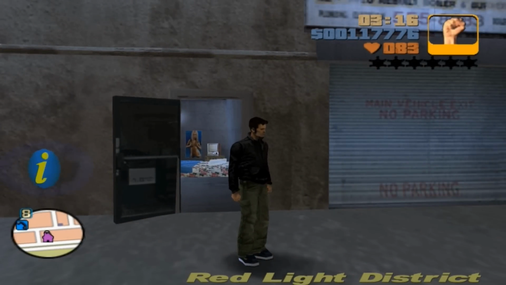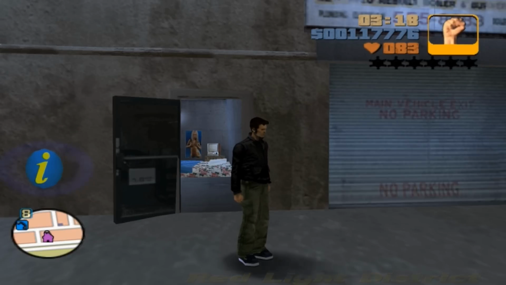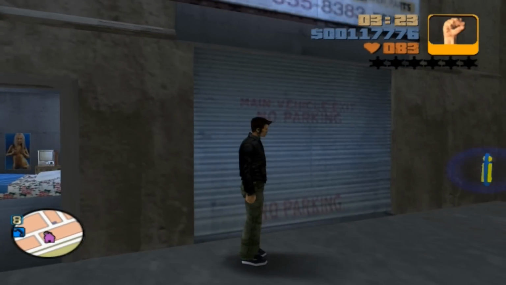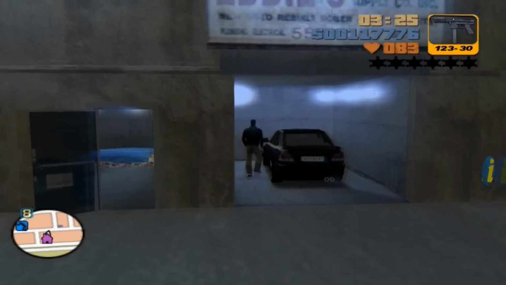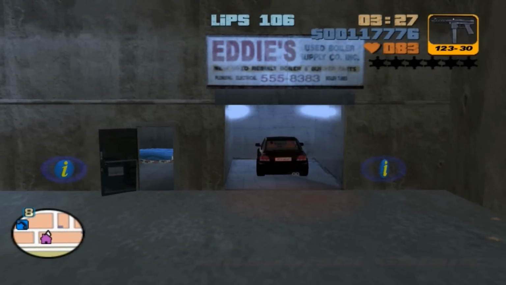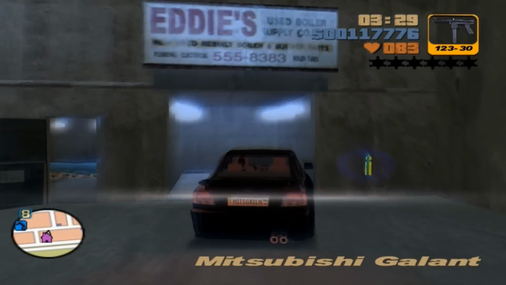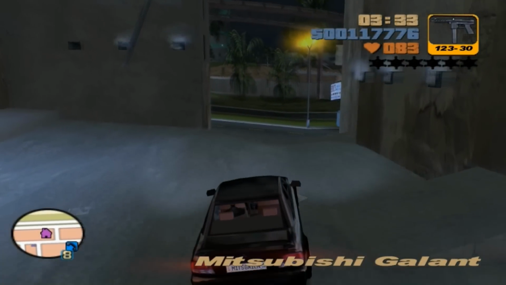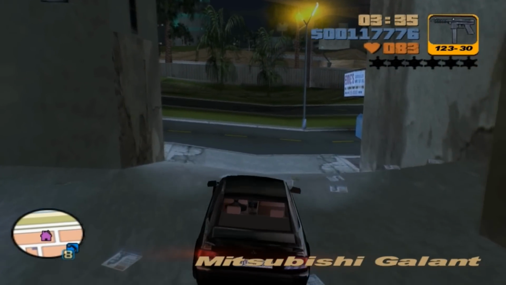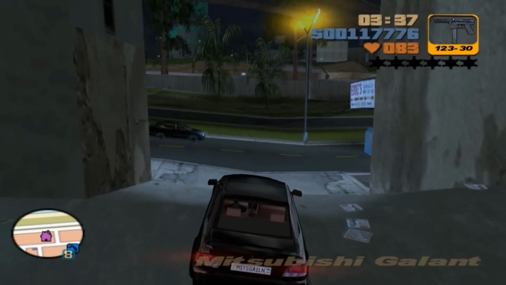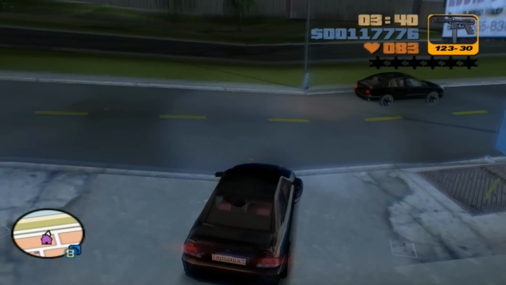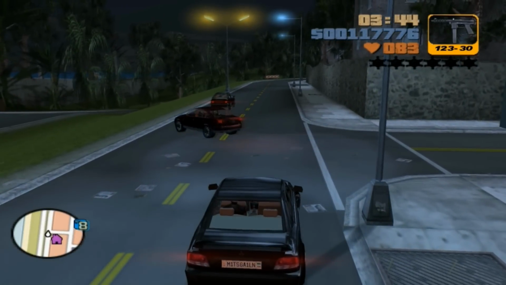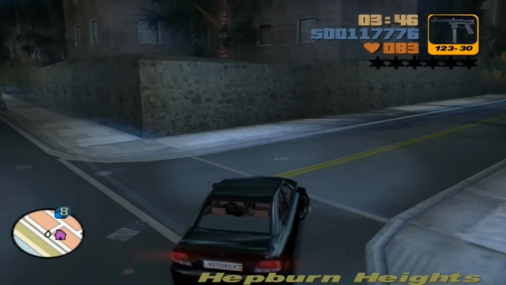Now, as you can see already, you've got a poster of Christina Aguilera in your little save point. That's a new feature. And in my garage, so last time I played it, I got a Mitsubishi Galant, however you say it. Evidence of the new cars, and as you can see already, before we've even got outside, all the textures have been changed, and there's another new car that's drove past. And also, if you see the sea on the left hand side, that's also been upscaled to some bright, nice